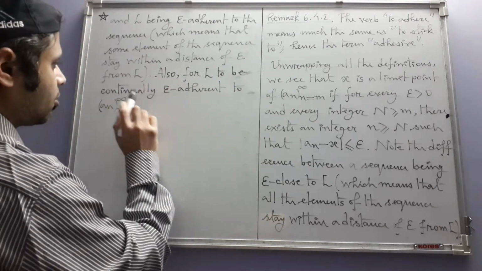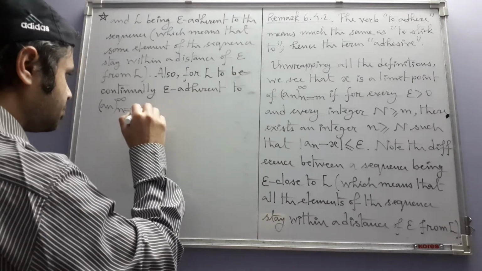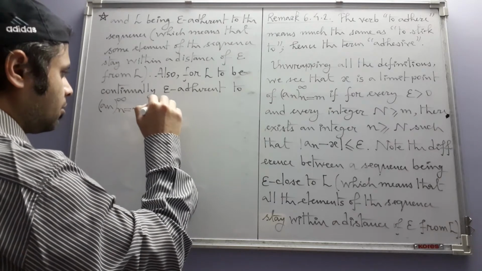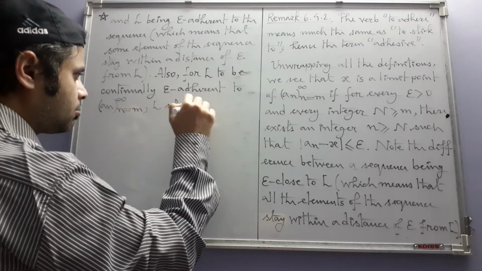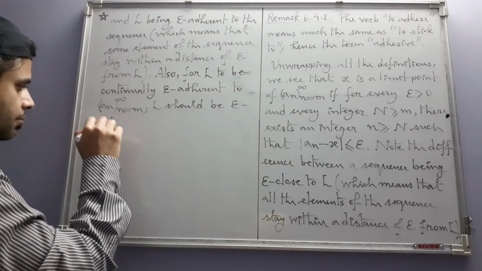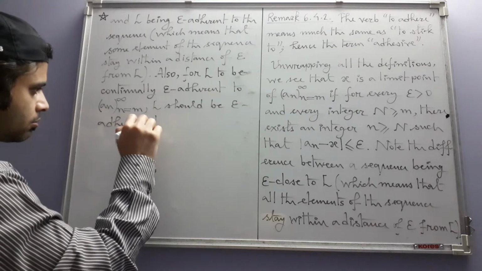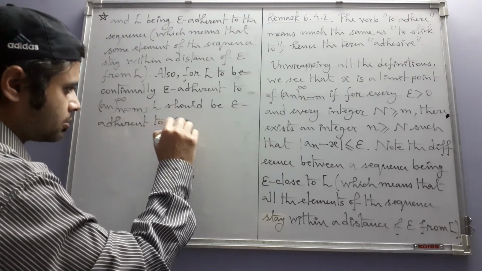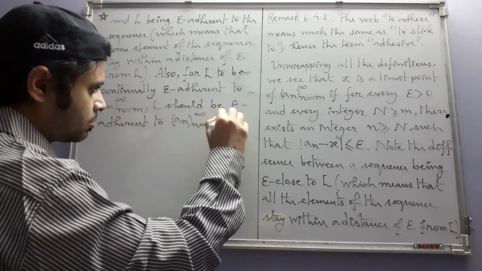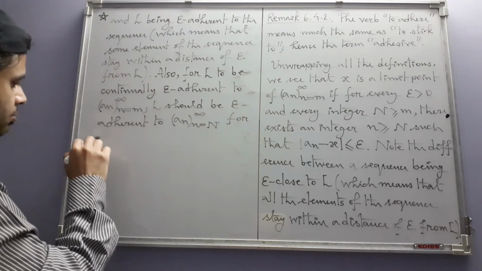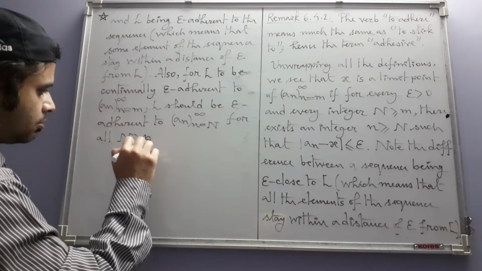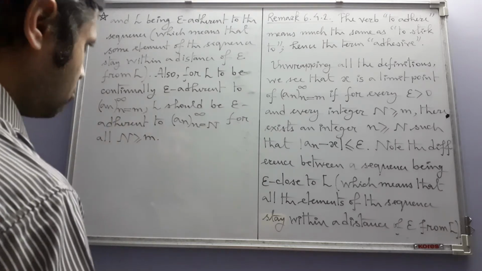Also, for L to be continually epsilon adherent to this, L should be epsilon adherent to this sequence for all n greater than or equal to m, whereas